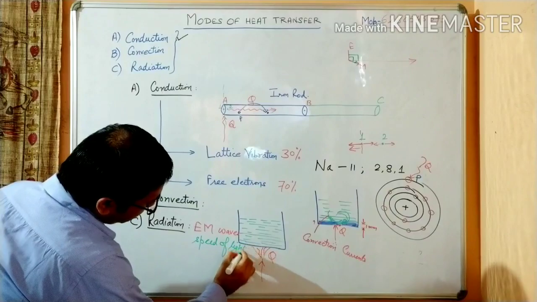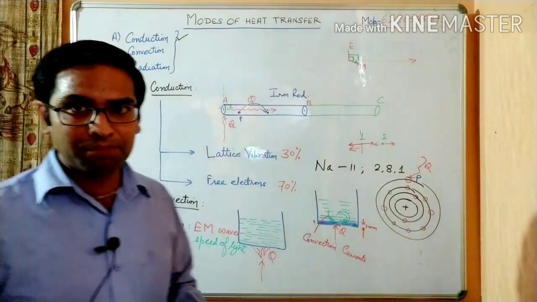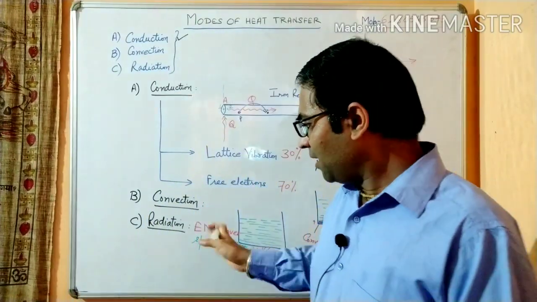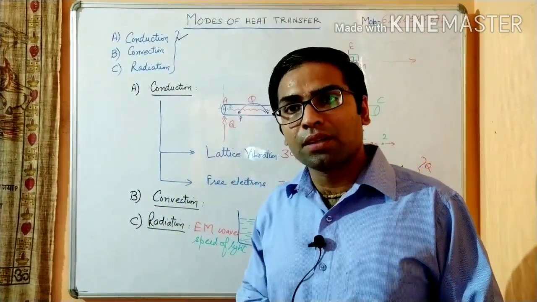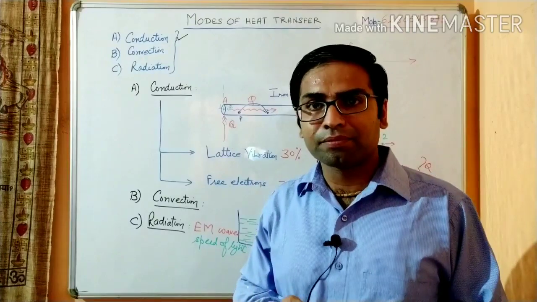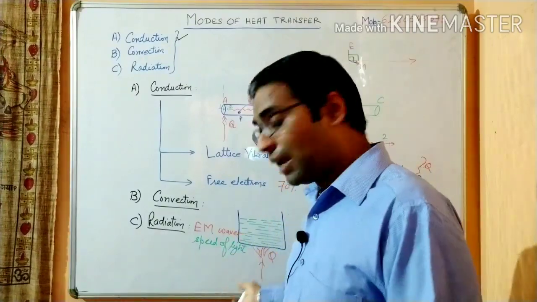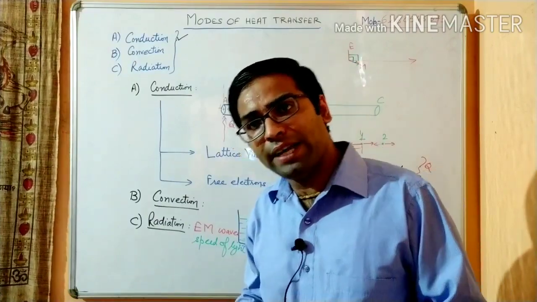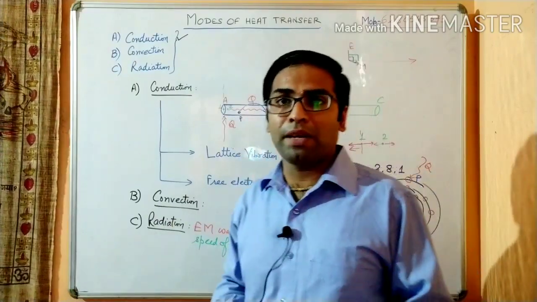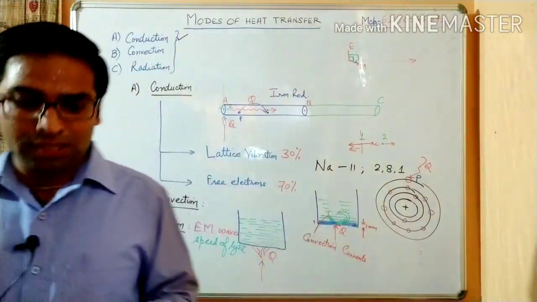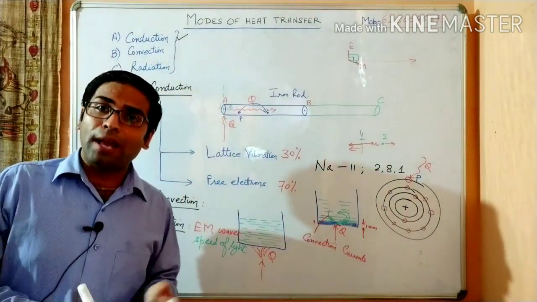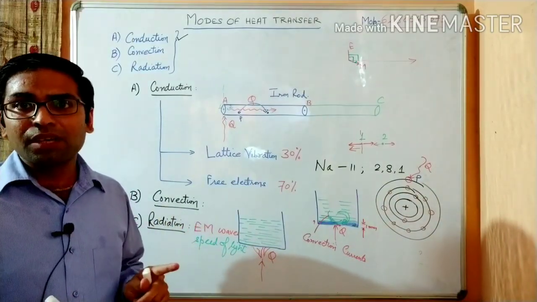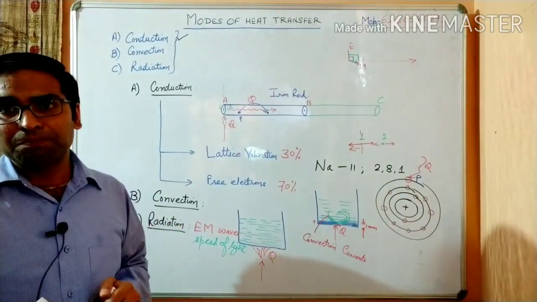In any particular medium, whatever the speed of light is in that medium, if radiations travel, they will travel at that same speed, the speed of light. So in space, the radiations travel at the speed of light in space. Only the speed is governed by the presence or absence of a medium. Otherwise, the radiations can travel even without the medium.